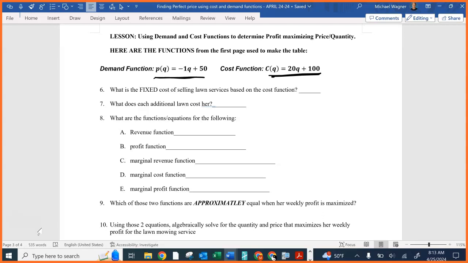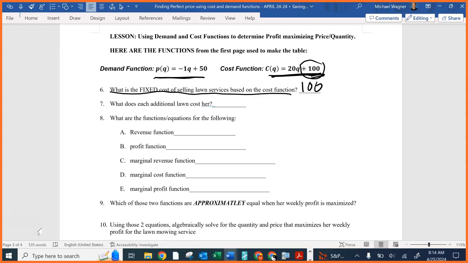From the equation, what is the fixed cost of selling lawn services based upon the cost function? Well, if you look at the cost function, when quantity changes, it's multiplied by 20. So every time quantity changes, the cost is going to go up. But the 100 is always there. So that's what you call the constant, right? It's like the y equals mx plus b. That's like the y-intercept. So the fixed cost is just a constant number there, the number that's not multiplied by